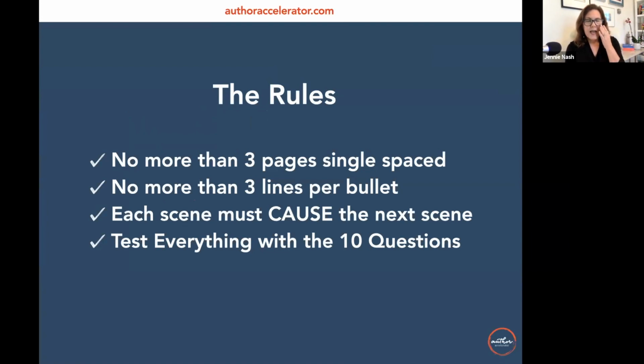So the reason that I have these rules and that I'm very strict with them is that when people start doing this, they either say, well, I can't possibly get my whole story into 3 pages. It's never going to work. Or they say, I'm going to do every last little tiny detail and have this giant long grid. And that defeats the purpose, because the purpose of this is to have a tiny little thing that we can hold in our hands. It's like a smallest representation of our whole story that we can look at and see